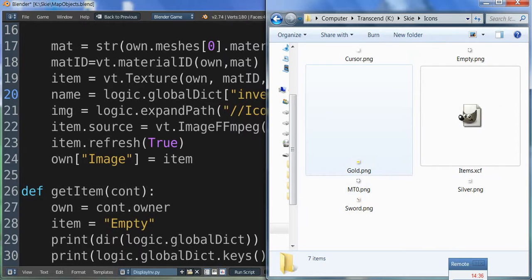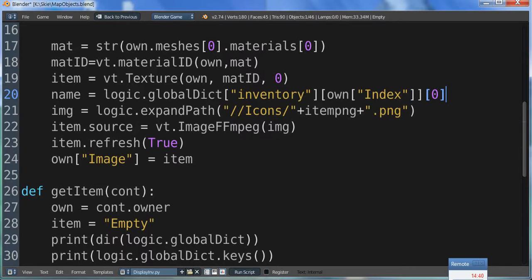See? Images in the icons folder. Item.source equals VT.image, ffmpeg image. This formats the image. It can also format videos, and then sends it to the source of the item texture. Interesting thing to note is that there's an image mix function